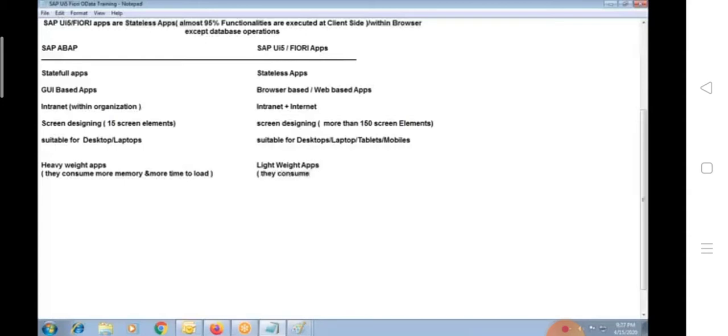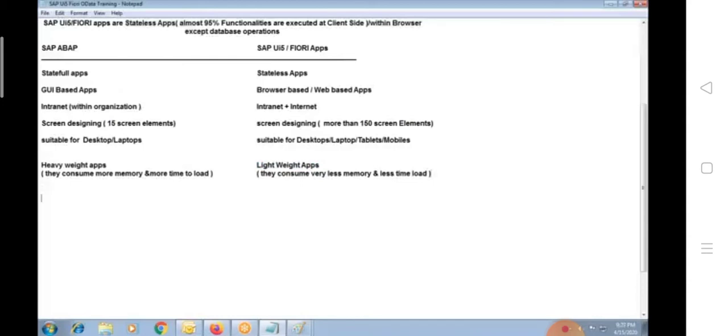Just because they consume very less memory at runtime, and less time to load. That's the reason why performance is also much better compared to ABAP applications.